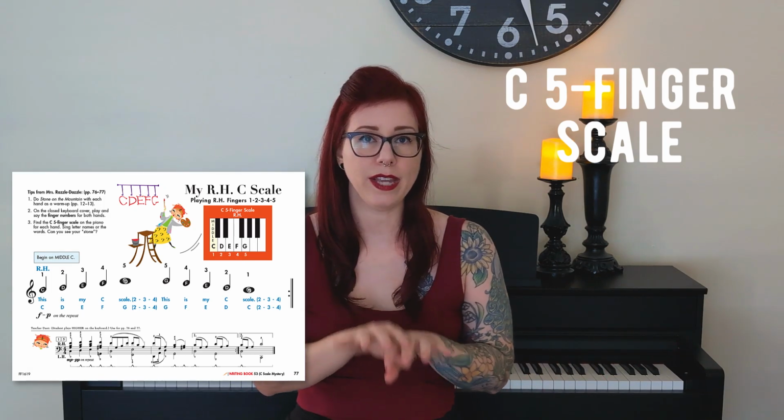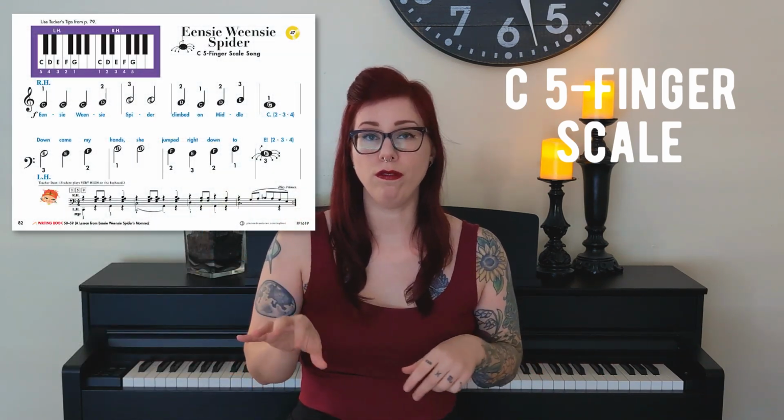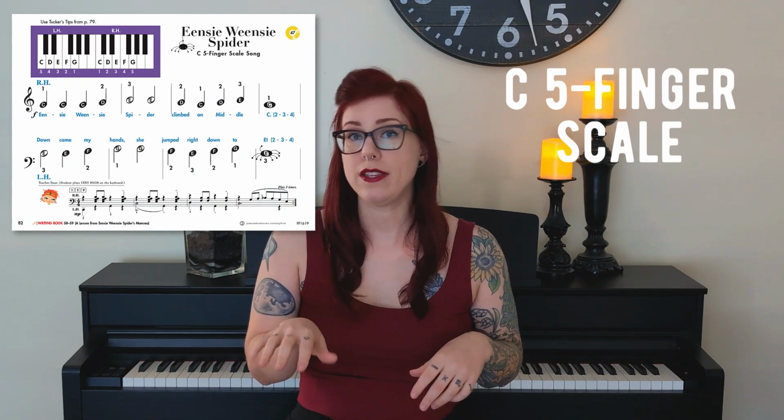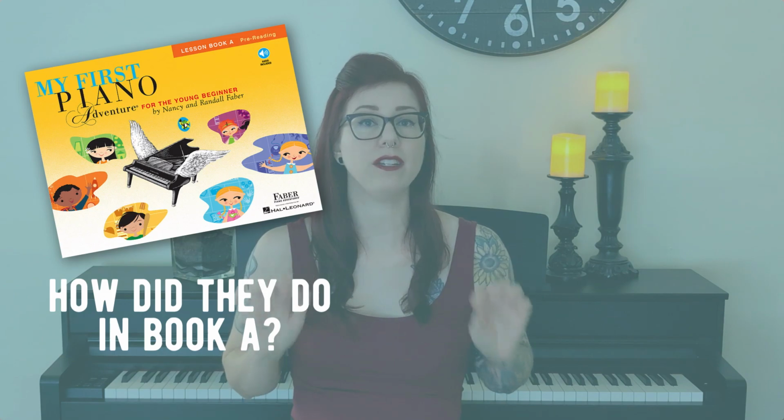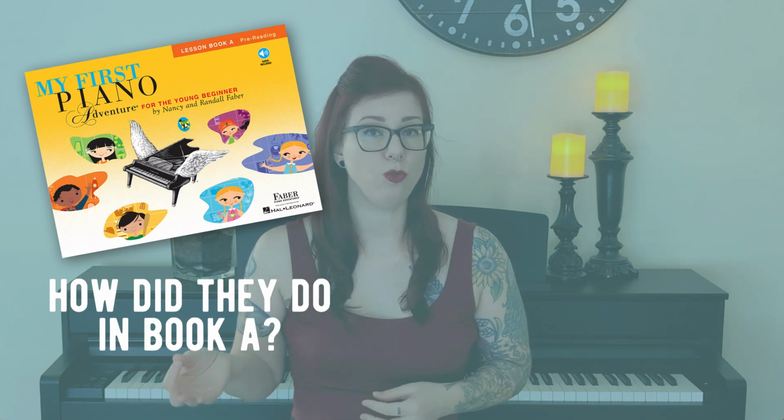Now they don't play hands together, but they are expected to have all 5 fingers working simultaneously in a scale-like pattern. And for some, technically speaking, and as far as the mind conceptualizing that scale, it is a little bit abrupt. But for the bright or the quick student, this is actually a welcome change from doing all black key songs. Now, usually when we get to the end of lesson book A, I judge how the student did with that transition from black keys to white keys. And if they could handle that pretty good, then I know they're going to do well in the next level,